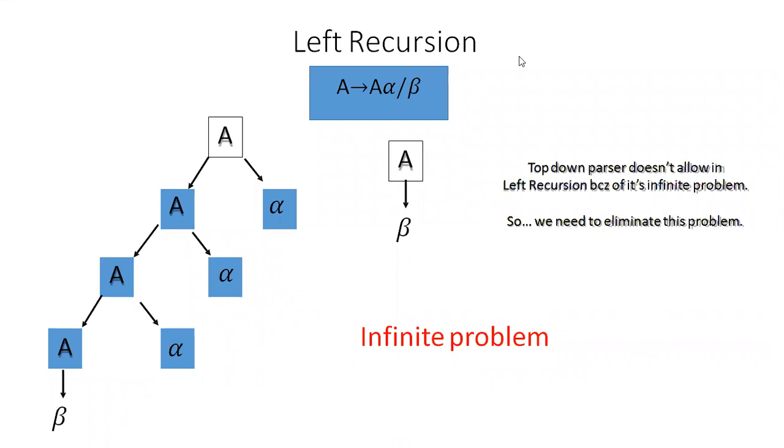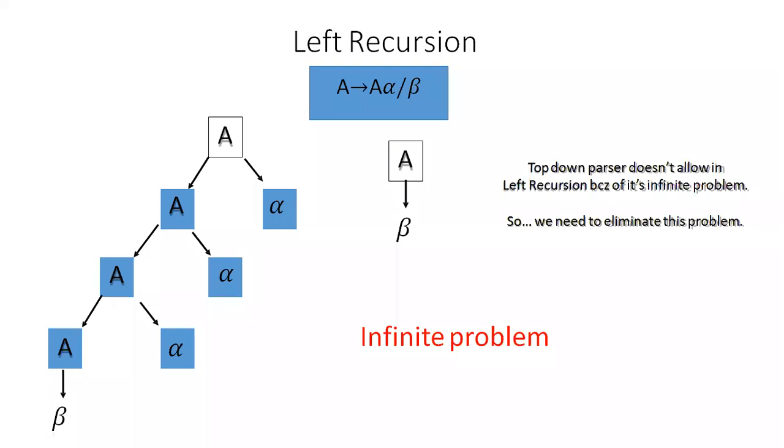What do we have here? A tends to A alpha. This derivation indication means deriving the input in one or more steps. A is a non-terminal and alpha denotes some input string. If left recursion is present in the grammar, then it creates a serious problem, right? Because with left recursion the top-down parser can enter an infinite loop. See, here we have a representation of how it enters into an infinite loop. Just by seeing the structure, we can easily identify it.